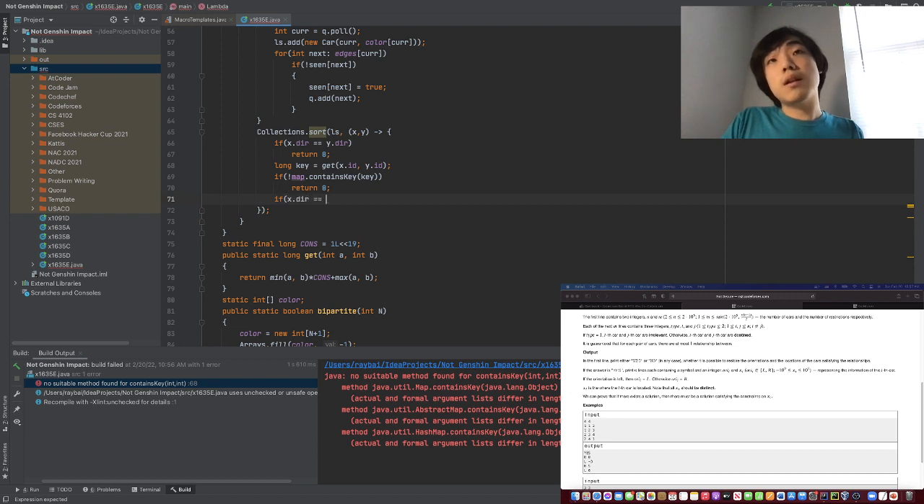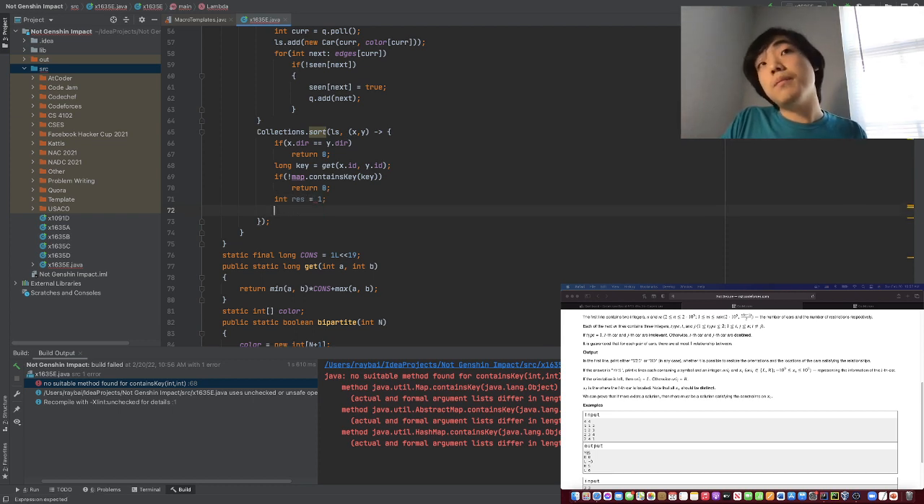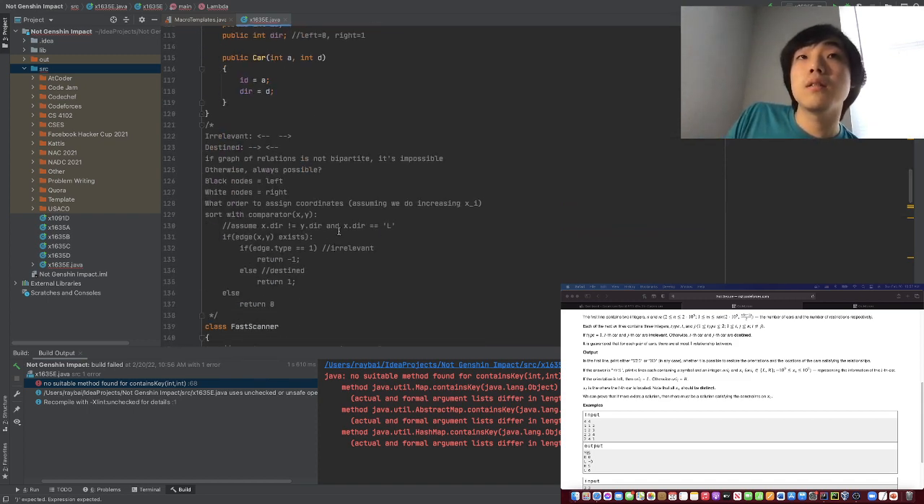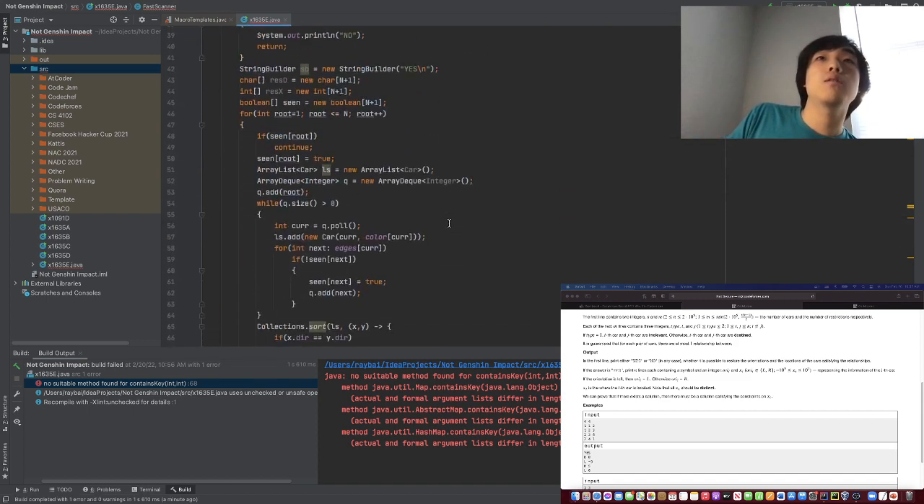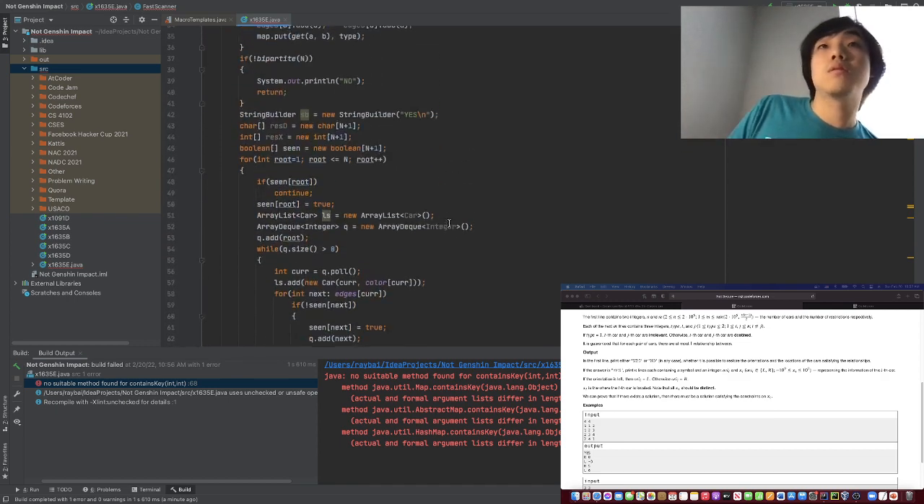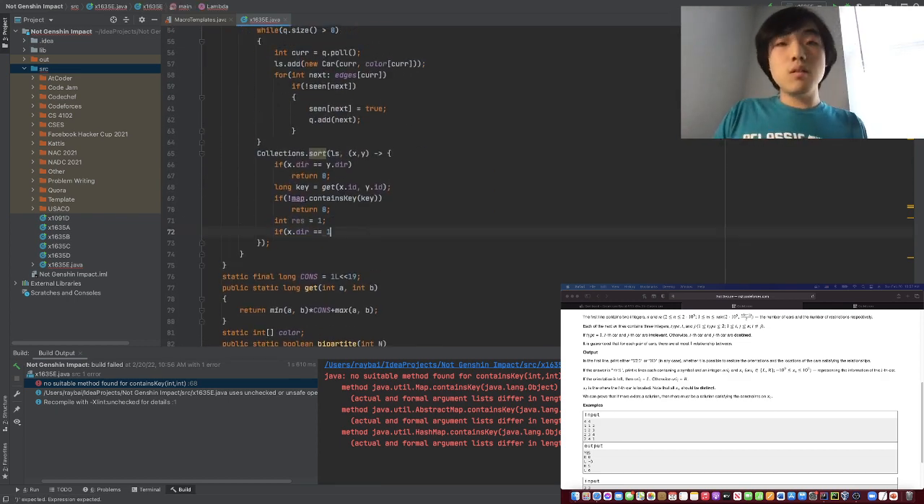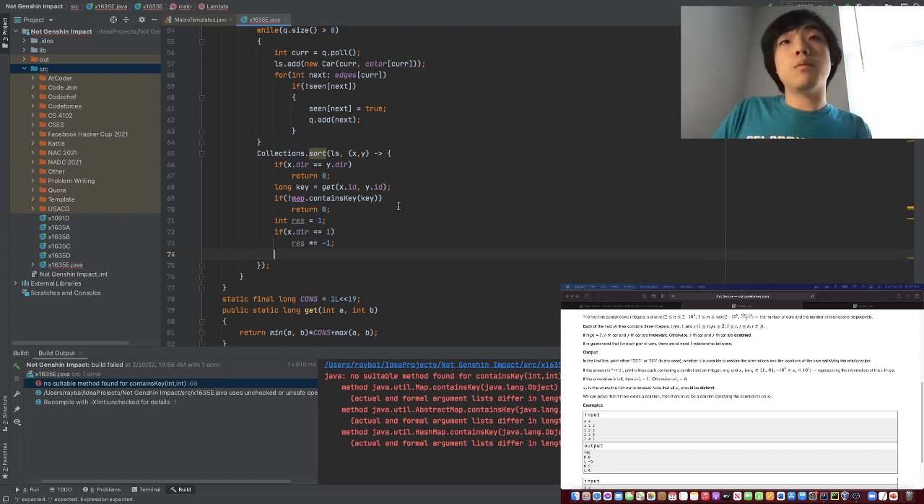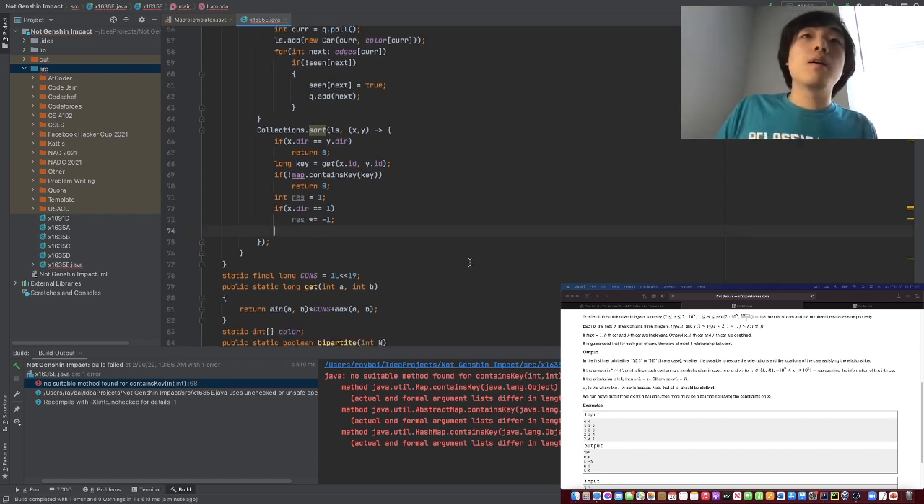if x.direction is res is equal to 1, if x.direction, because we want to assume it's L, so let's assume it's at 0. So if it's equal to 1, then we're just multiply by -1. And then if